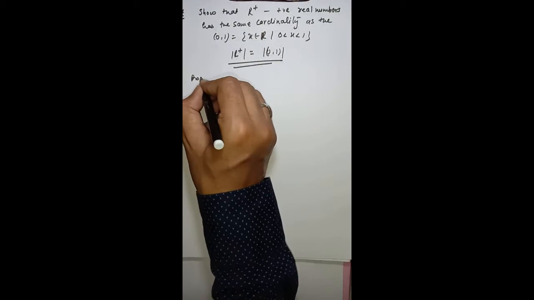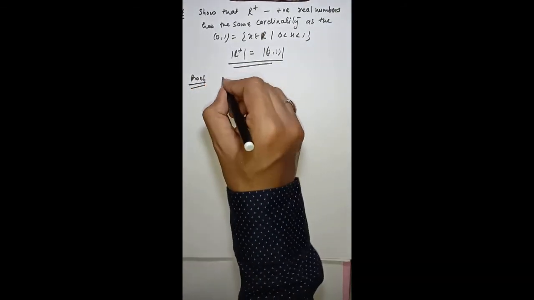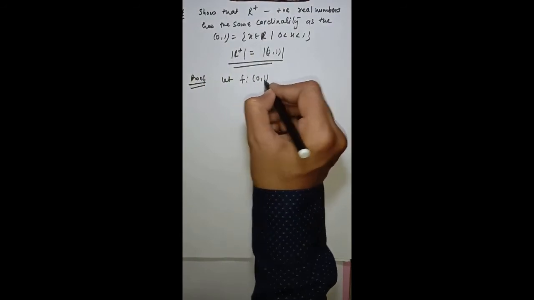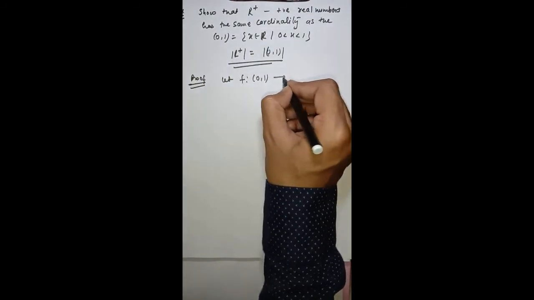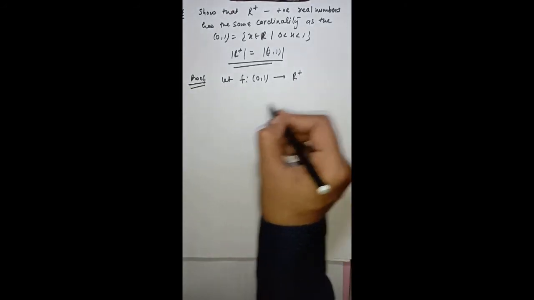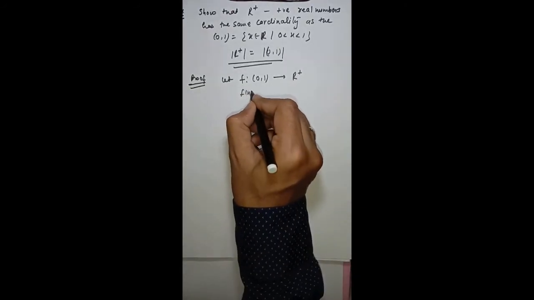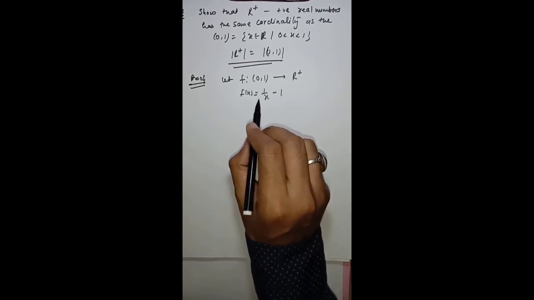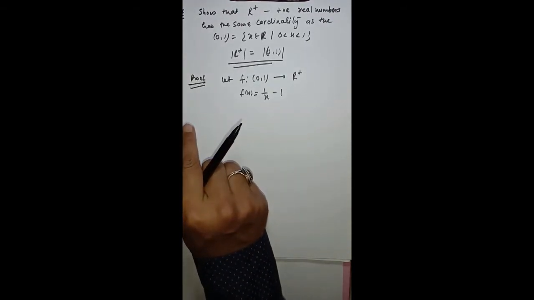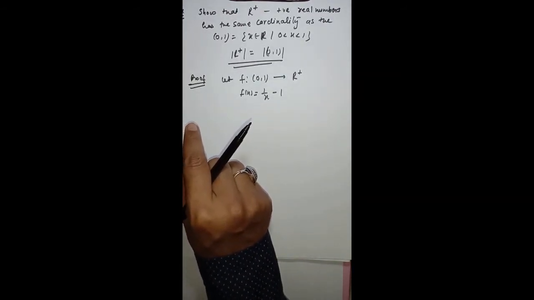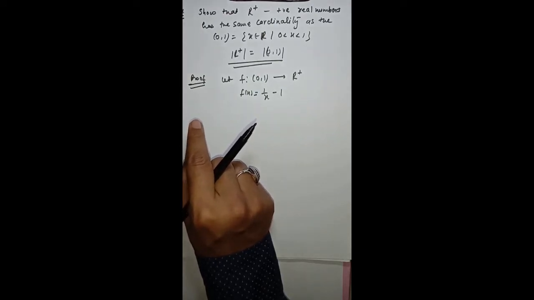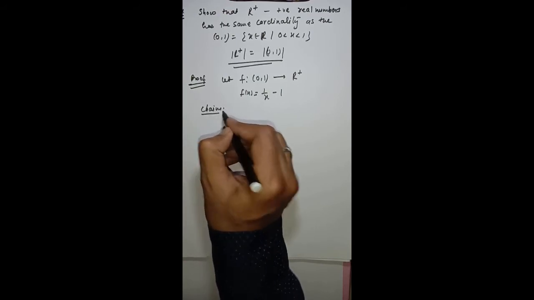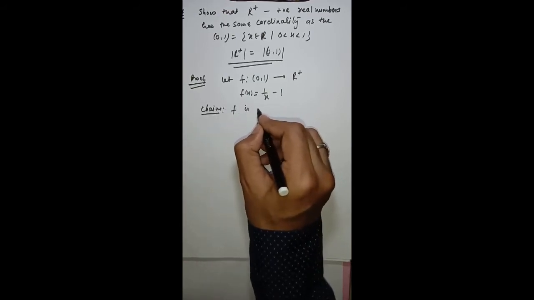Now to prove this, we will define a function. Let f be a function from the open interval (0, 1) to the positive real numbers, defined as f(x) = 1/x - 1. Now the claim is that f establishes a 1-1 correspondence between them. Claim: f is 1-1